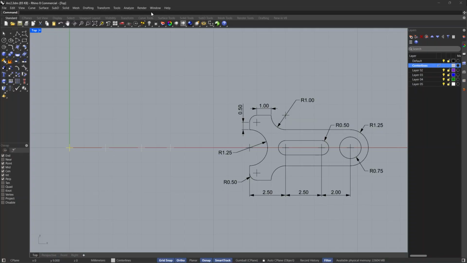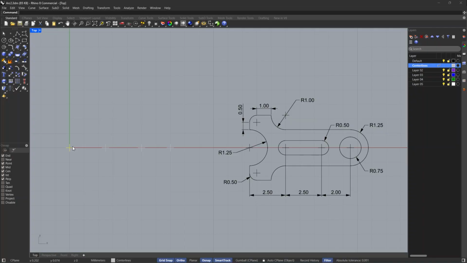Next, we will copy the top and bottom center lines on the left-hand side of the model. 1 and 2. Once again, make sure the centerline group is selected on the far left.